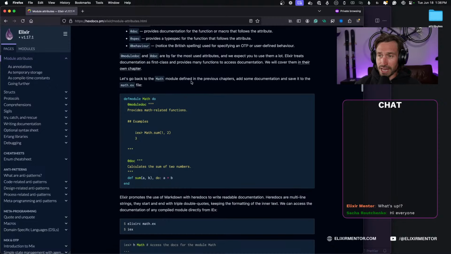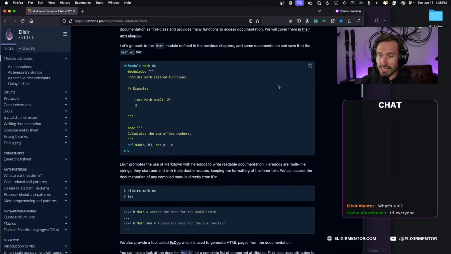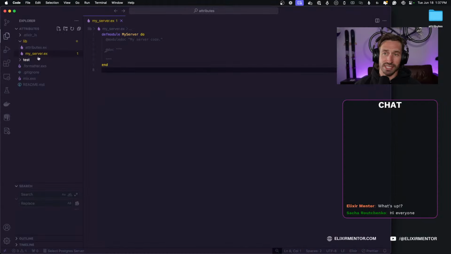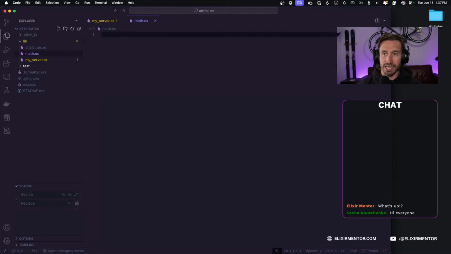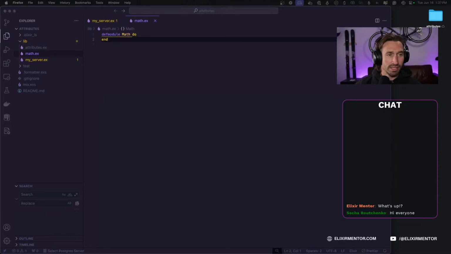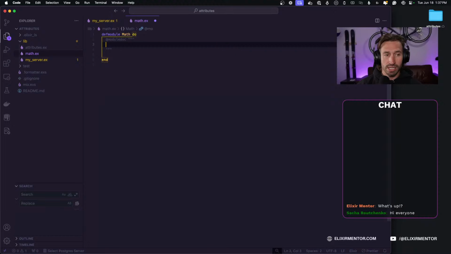Let's go back to our math module in the previous chapters and add some documentation and save it to the math.ex file. We're going to recreate that because I no longer have that code, because I delete everything. So we're going to make our math.ex file, defmodule Math, and we're going to document the module here. So we're going to do @moduledoc,